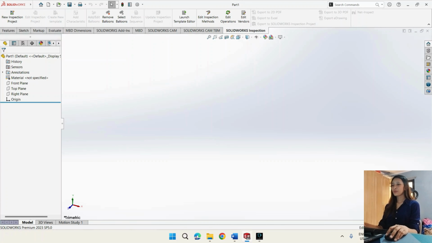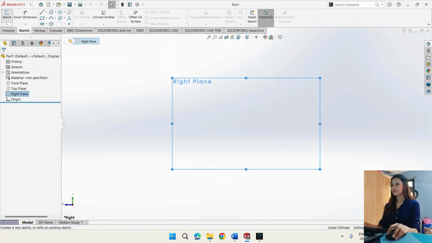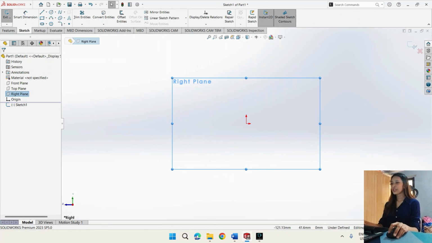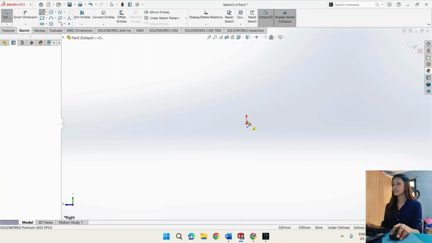Then we can now choose a plane. There are different planes that we can use in sketching: front plane, top plane, and right plane. But in this case, we will sketch on the right plane. So I will select the right plane and then select sketch. Now I will draw a straight line from the center of the origin. I will select this straight line and start on the point of the origin and then